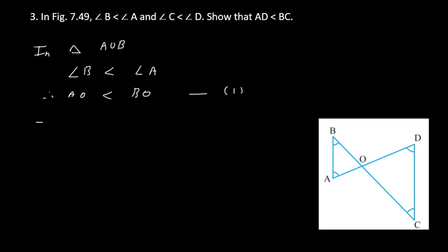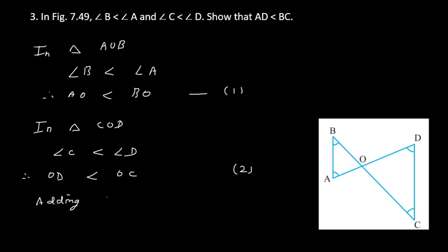And in triangle COD, here we have given angle C is smaller than angle D. So therefore the side opposite to angle C, which is OD, is smaller than the side opposite to angle D, which is OC. Now we add this equation 1 and 2. So adding 1 and 2, we get